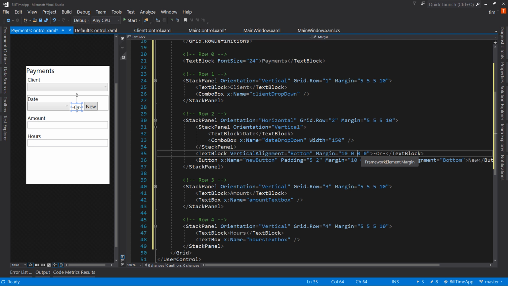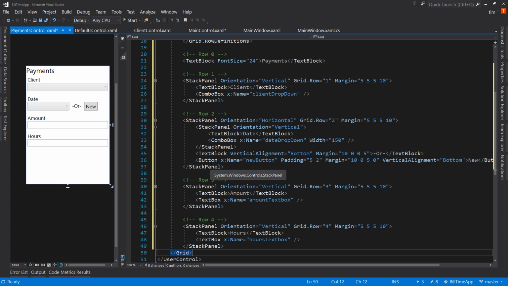Oops, not that, the bottom. And that's too much. So 5 might be right. I think that's right. You know, date or new. Okay, that way it's pretty clear that we either select the date or we hit the new button. The new button is going to allow us to hide this and fill in this. Okay, and